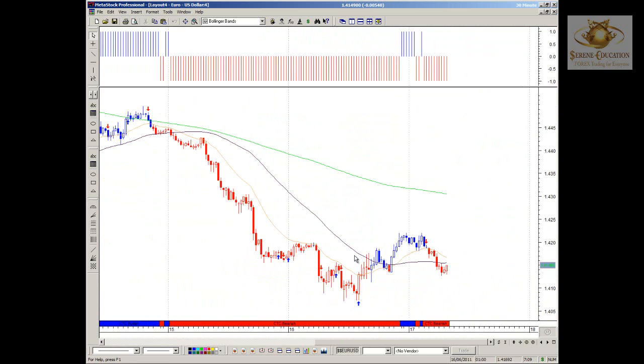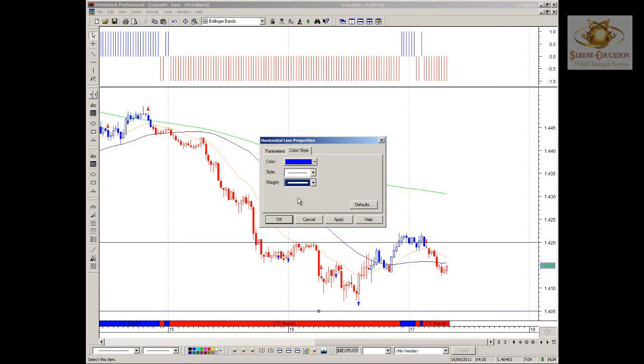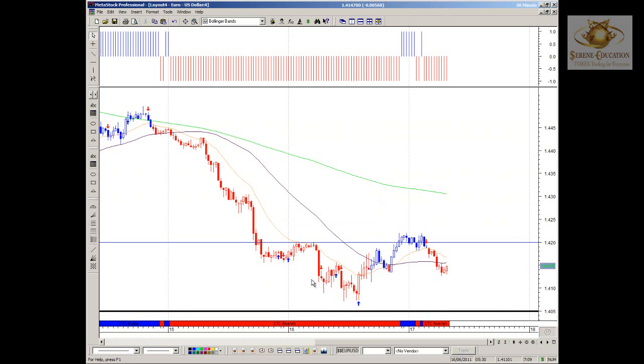However, you can see that we're in a consolidation band. 1420 is the upside resistance, and 1405 is the major long-term support area. So you can see that price action is starting to slow down. You can see that the momentum, compared to here, very strong momentum, is very gradual to the side. And now we've seen a bounce higher, and during the Asian market trading we've had a break lower, and we're now testing the previous